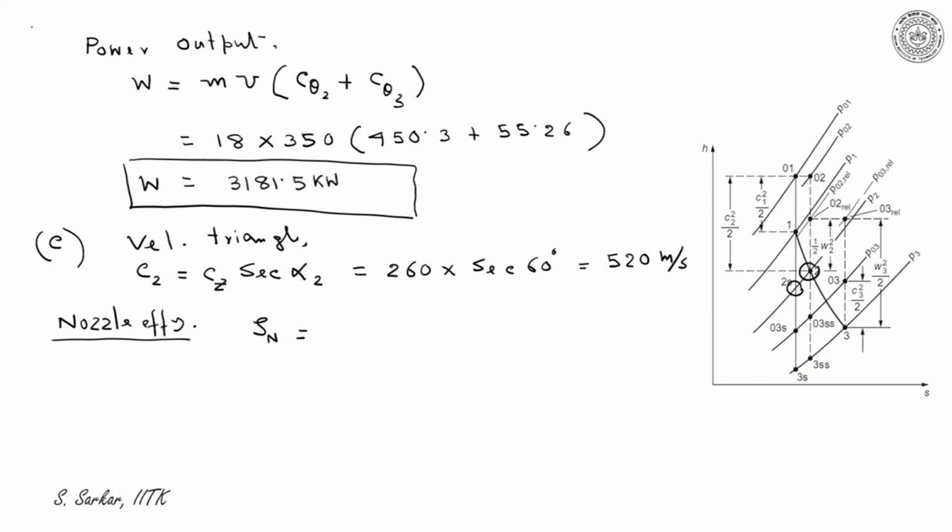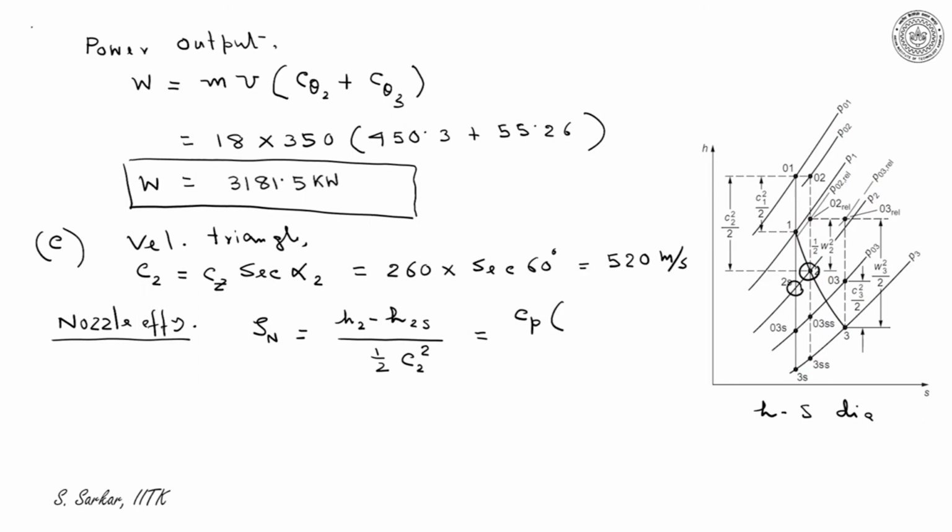So zeta n can be defined as H2 minus H2s. I have indicated both the points in the HS diagram. This is the HS diagram. Divided by half C2 square. This has been non-dimensionalized. So this can be written as